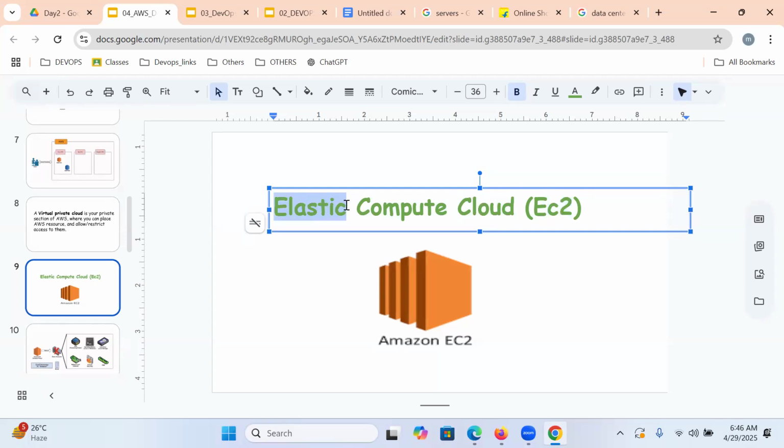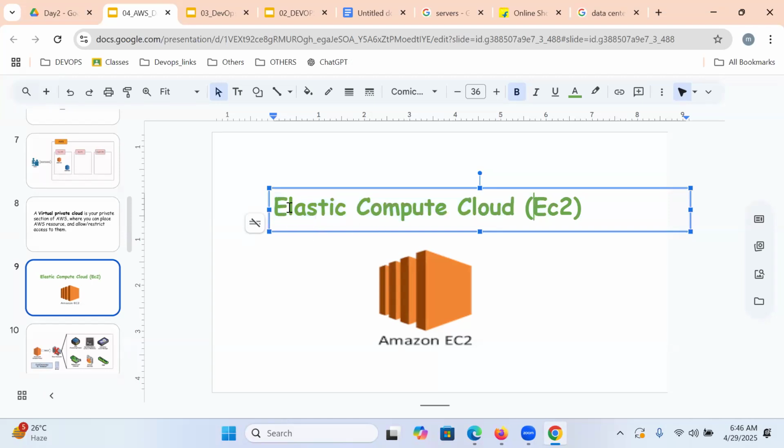What does the E stand for? Elastic means increase or decrease, scale up or scale down. Our computing power over the internet, which can scale up and scale down, is nothing but EC2.